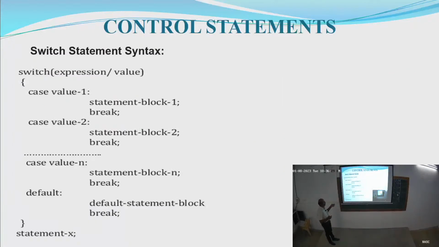Okay, this is another branching statement, that is switch case. Suppose in some situations we need to check multiple values. The famous program is to check the vowels A, E, I, O, U. We need to check whether the given alphabet is A, E, I, O, U. So we need to check multiple conditions, and we use switch case statements. This is the syntax for the switch case statement: switch expression, then case value. If the case value is matched, that block will be executed, and a break statement causes an immediate exit from the switch statement. Otherwise, the following statements will be executed. If you forget to enter the break statement, then